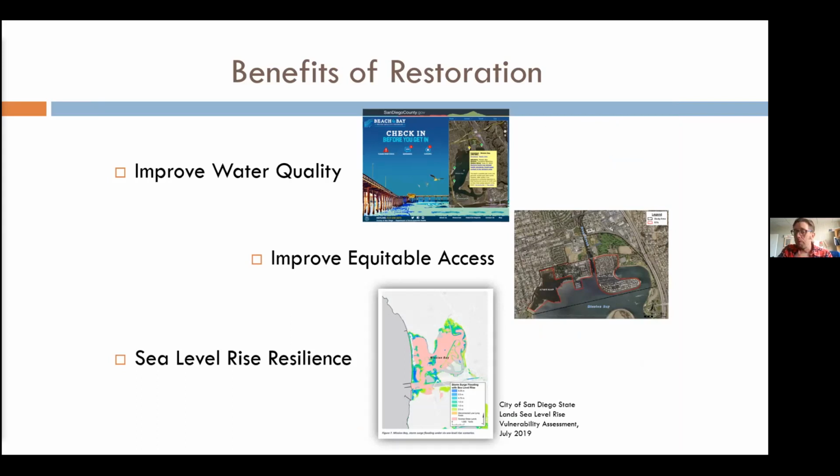We would get a lot of resilience to sea level rise. This is a small map about what sea level rise of 1 to 2 meters will do to Mission Bay, for example, and it's a problem that we'll have all over the place, and it's a problem that we need to start planning for now, which this working group is obviously addressing head on.